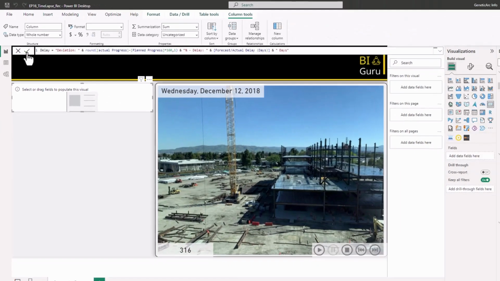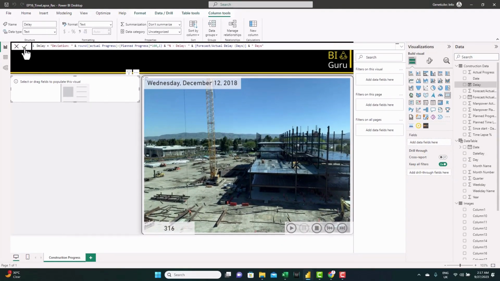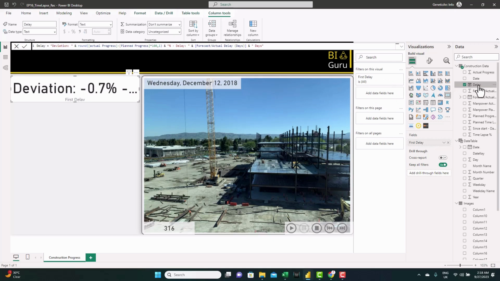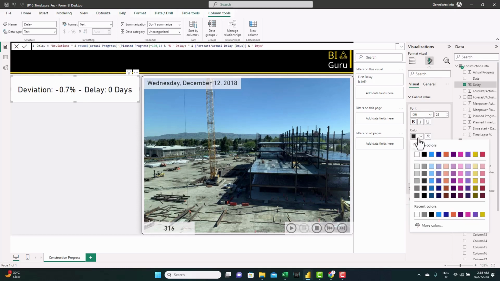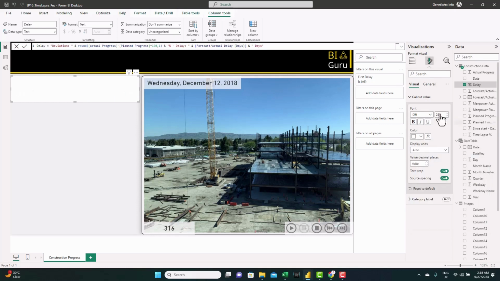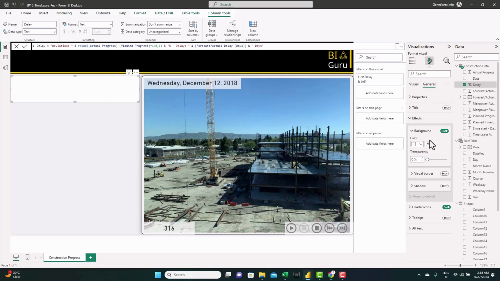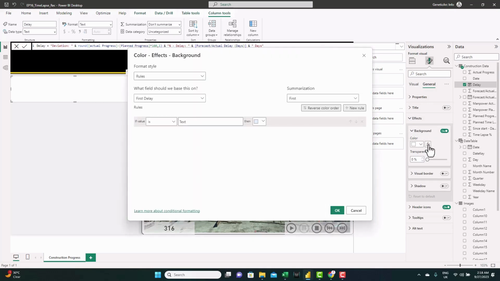Let's commit, and now we have the column ready. Let's feed it to the card. Let's change the font size to 25 and turn off the category, make the color maybe white, and from general for background we're going to use conditional formatting based on the